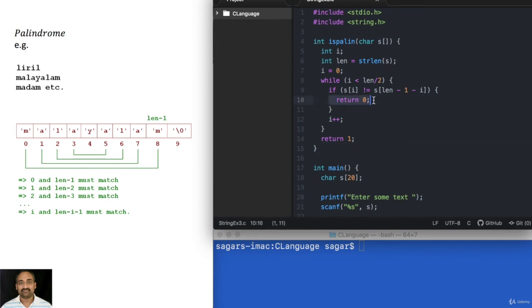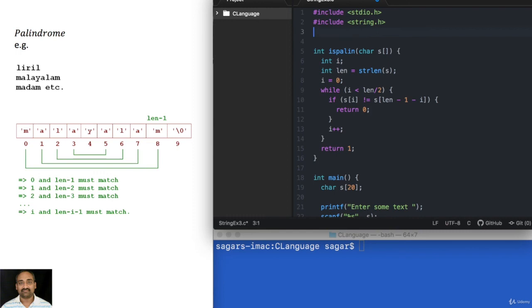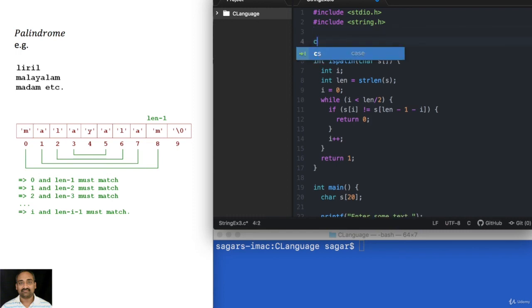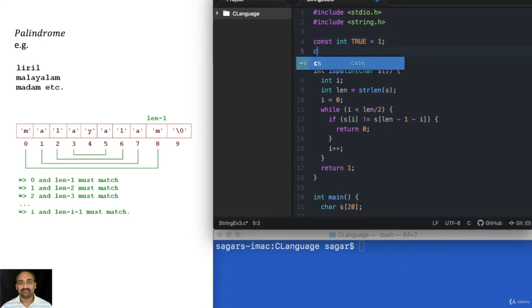Now if you are confused with zeros and ones, it would be a better practice to actually declare a constant, true equal to 1, false equal to 0.